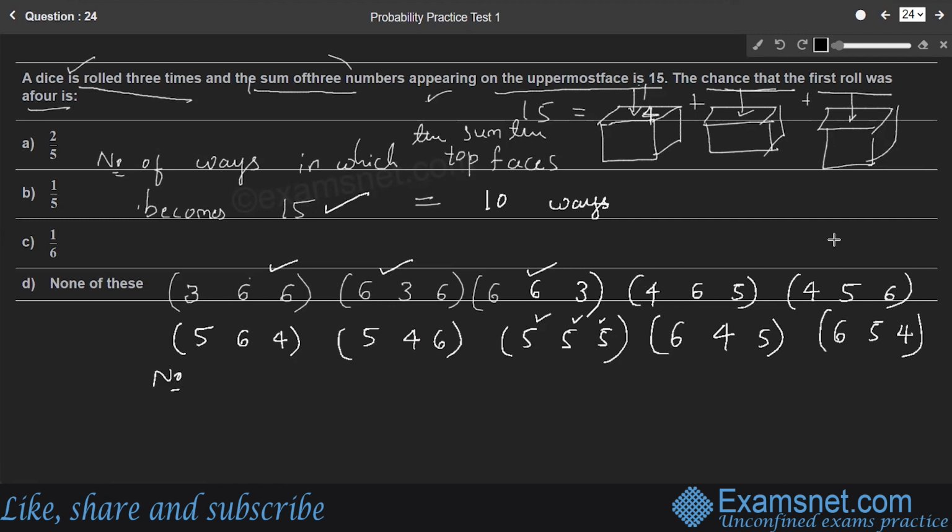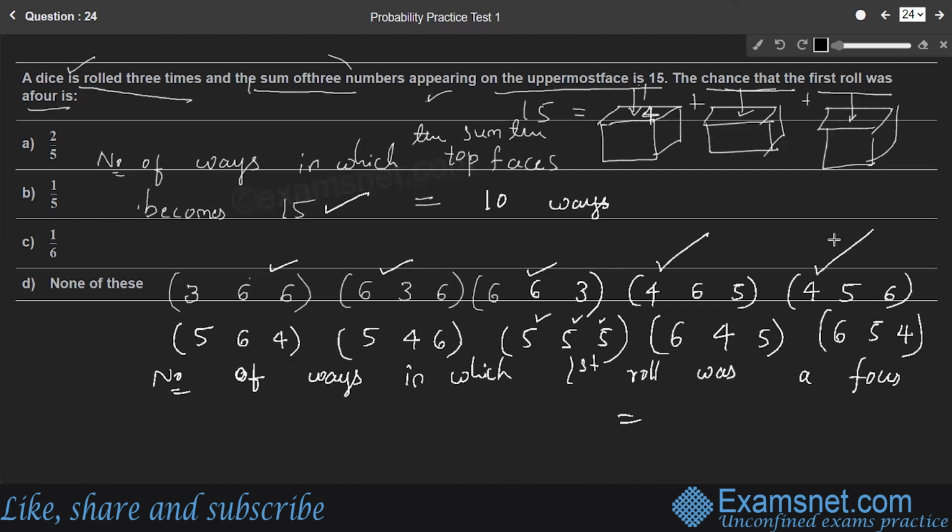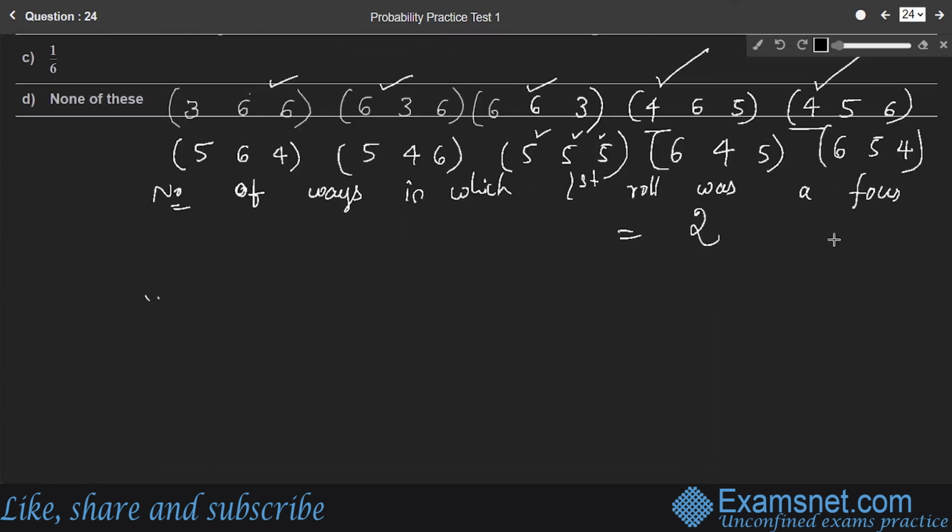So the number of ways in which the first roll was a 4 is equal to, so looking at these sets, in how many sets was the first roll 4? In this set and next set, right? So in 2 sets, the first roll was 4. Therefore, the number of ways in which the first roll was 4 is equal to 2. Therefore, come back to the question, the chance that the first roll was 4, or the probability,